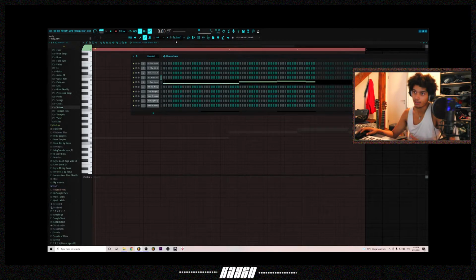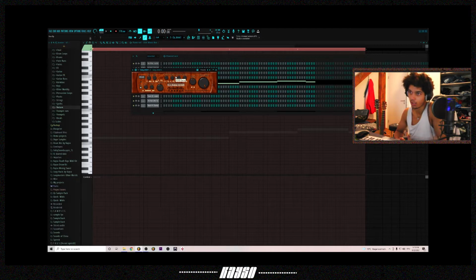And then the last sound is an erhu. An erhu, this is what it sounds like. So an erhu, this one also I believe is from Kong Audio. I'm not quite sure, but I think it's from Kong Audio as well. An erhu is nothing but an Asian fiddle, an Asian violin, if you want to call it that. This one is also a pretty dope sound. It comes with,